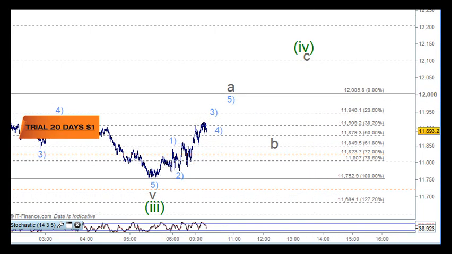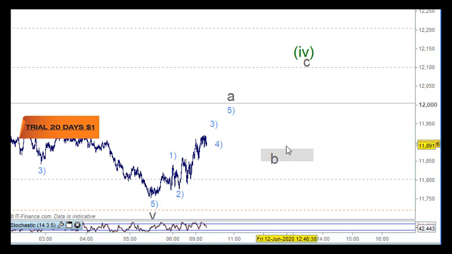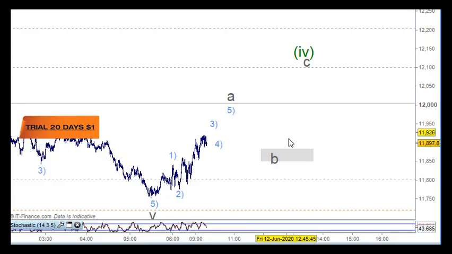Let's just assume that it goes to there, but we know what assuming means, so we've got to be a bit mindful, but just generally drawing out where this B wave could come back to, and then wave C. There should be some sort of relationship between wave A here and wave C, so some sort of equality between those two. And what you want to try and do here is count 5 waves in here for this.